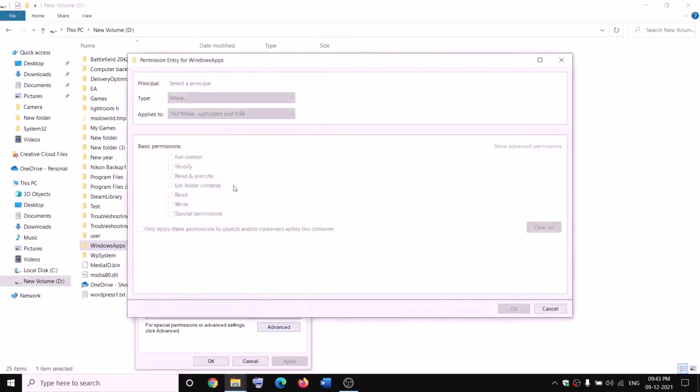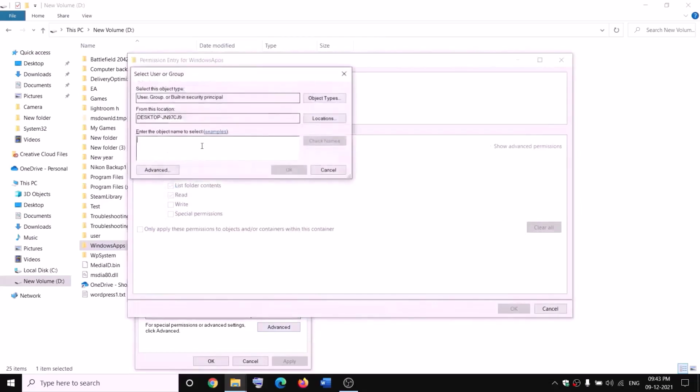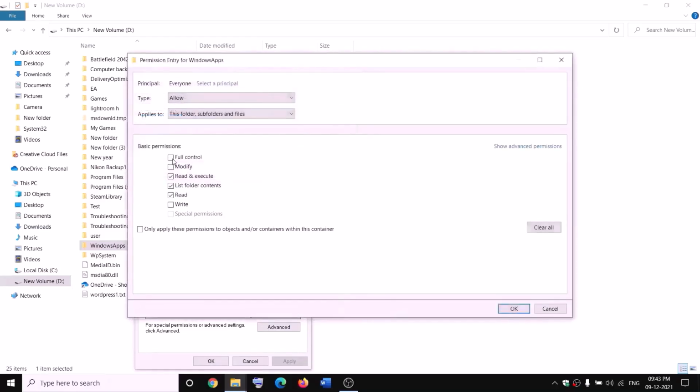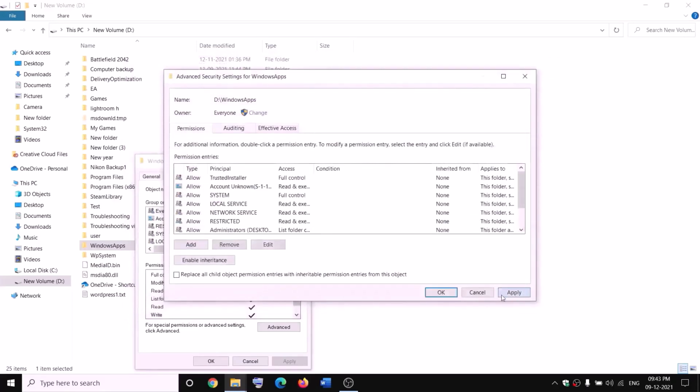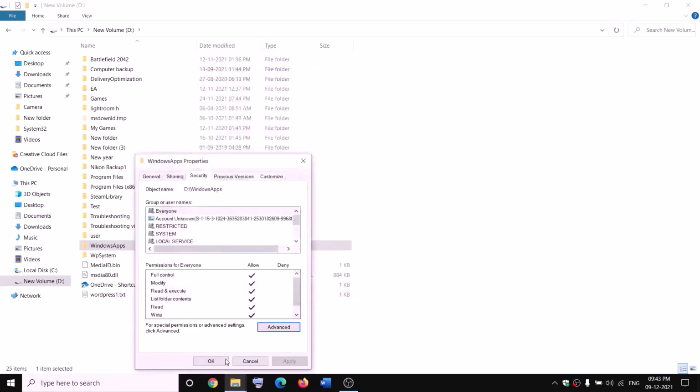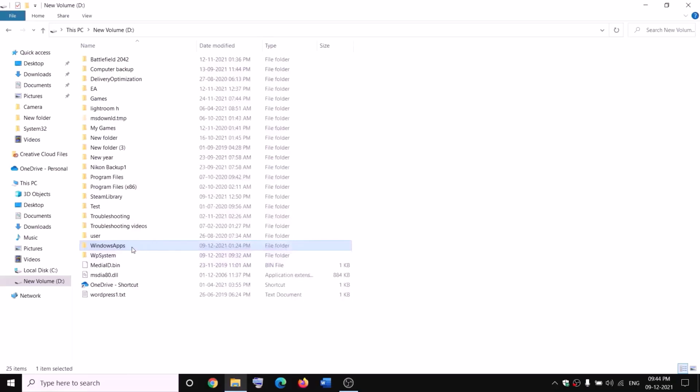click on add, select a principal, Everyone, check names. OK, put a check on the box which says full control. OK, apply. OK, OK. Now make a right click on WindowsApps and then click on rename and then rename it as WindowsApps.old. Now while renaming it, if you receive any kind of error message which says file is